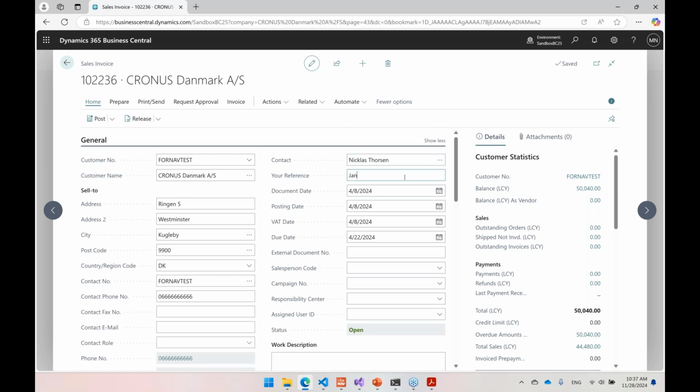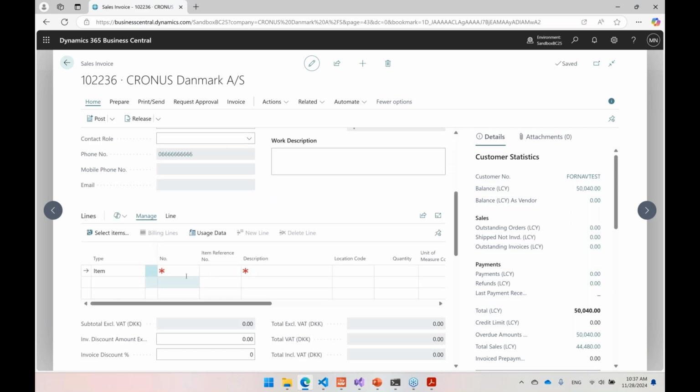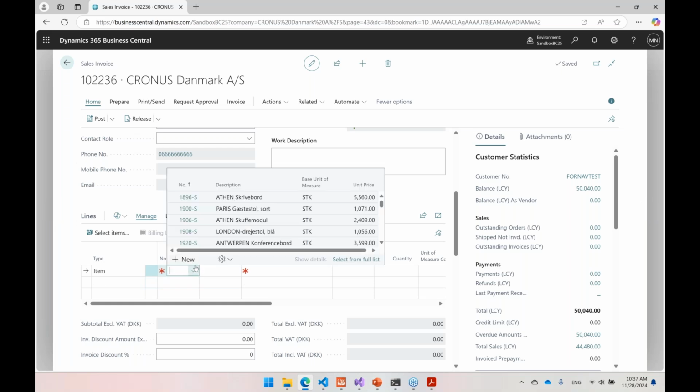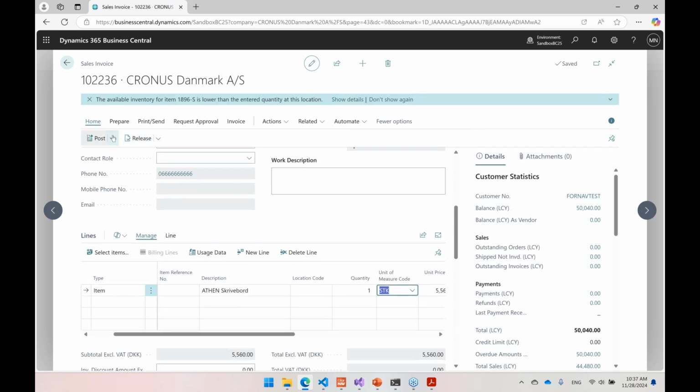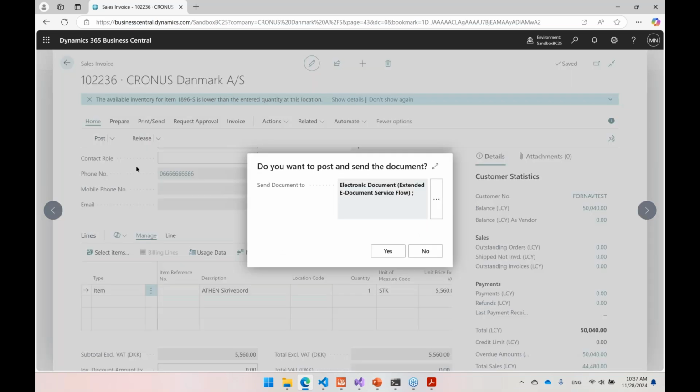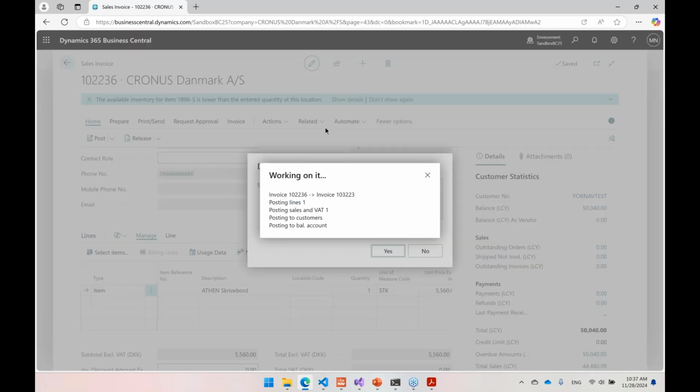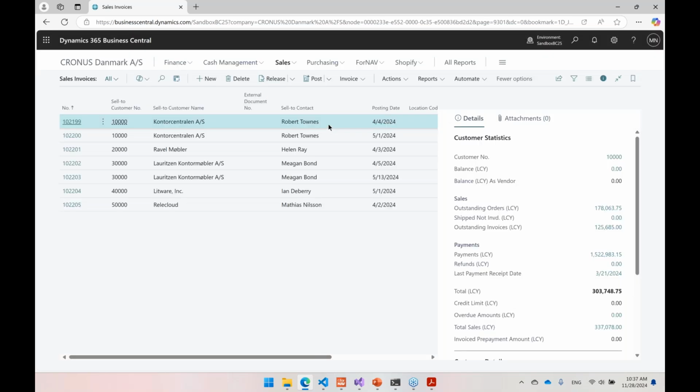So I'll put Jan in as a reference in here, which is a mandatory field, and I'll sell a disk to Jan. I think Jan has several hundred of these, but he needs another one in here, so I'll just send this. So I got a simple invoice and just to go and do post and send. And since we have done all the setup automatically and the workflow inside BC, this is now set up to do the sending of the invoice. And now it's on the way.